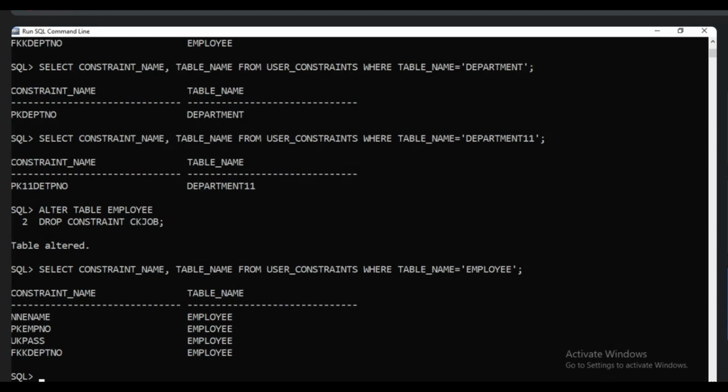And also we can add constraints to an existing table. We don't have any check constraint in the employee table now, and I want to add a check constraint on the job field. We can add it. If I want to add a constraint to an existing table, this is the syntax: alter table name,